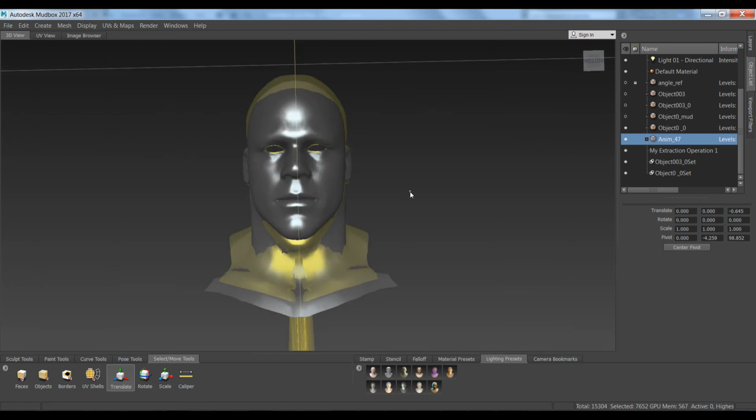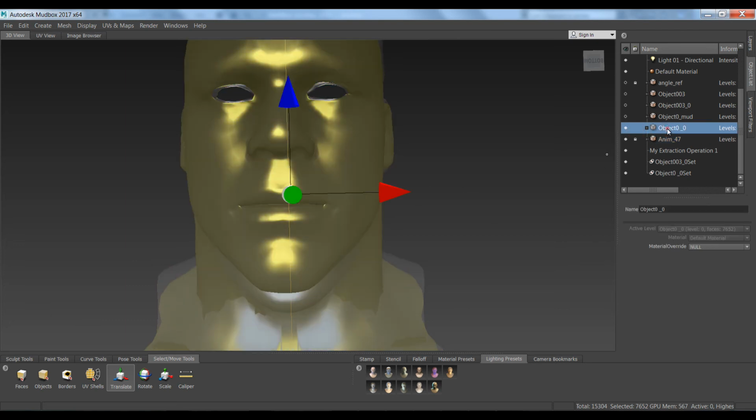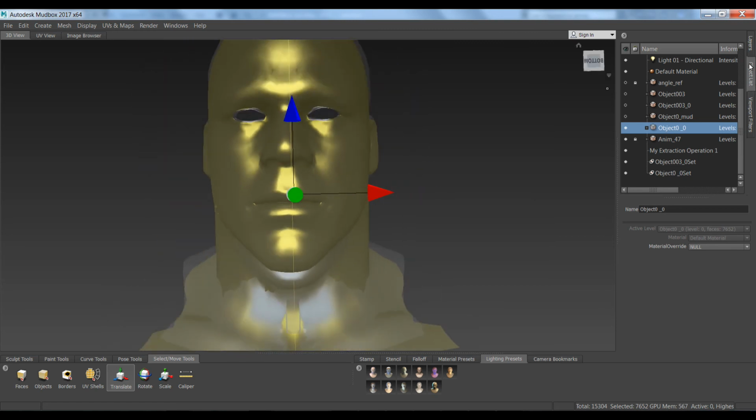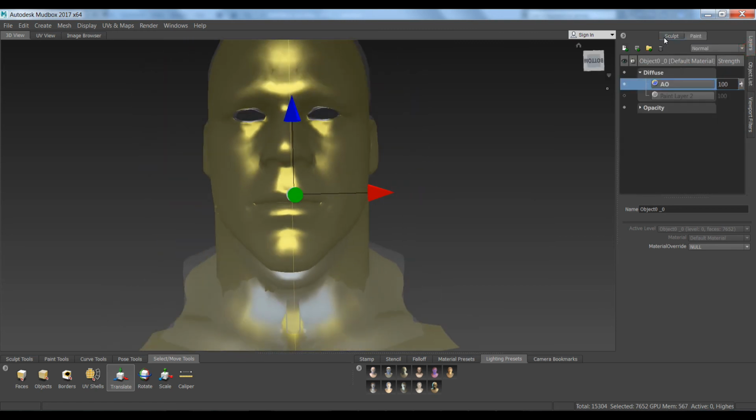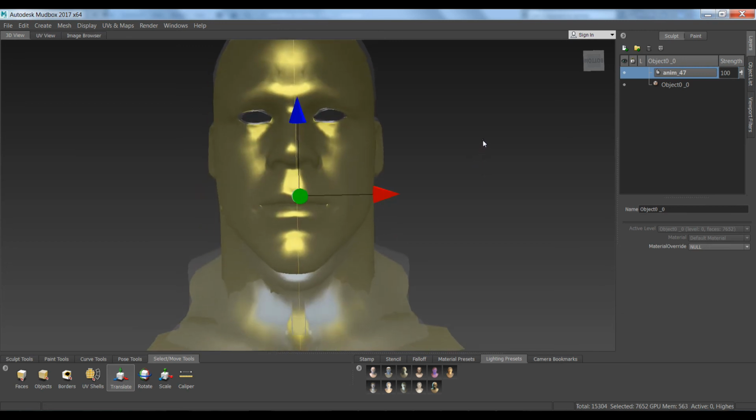Alright, so I'm going to lock animation 47 of the recruit model, and I'm going to select the object that we've just created. Alright, and I'm going to go into layers, and I'm going to select sculpt layers, and now these are the different sculpt layers for the head object. I'm going to right click, and say new layer. I'm going to call this animation 47 for my reference,